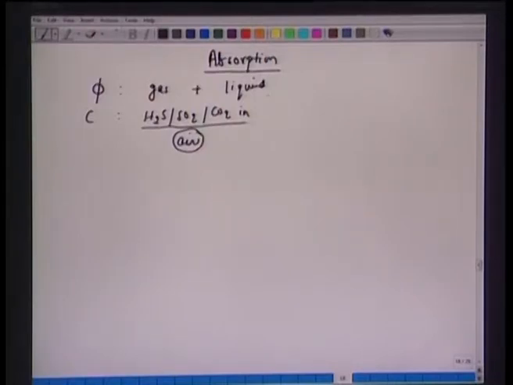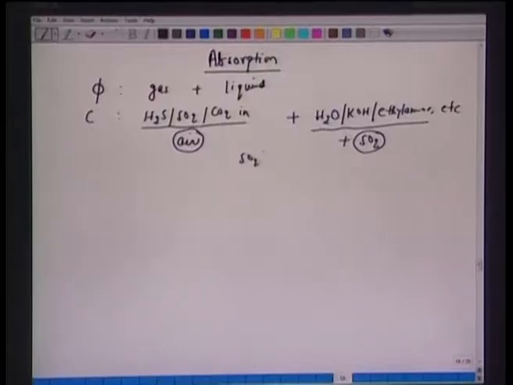Okay. It is brought in contact with the liquid. So, we have some solvent, H2O, or say KOH, or say some ethylamine, etc. So, this is a component, sulfur dioxide, which diffuses from the air or gas phase to this liquid phase. So, this is absorption,